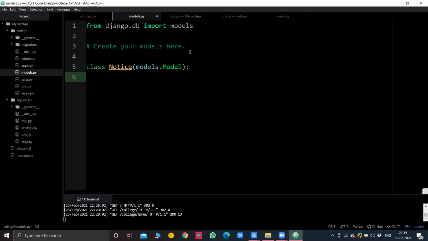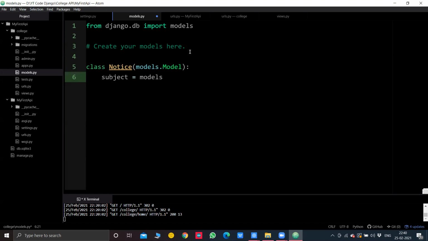Now, whatever your entities are, or you can say the separate columns inside a database table, whatever columns you want inside your database table, they will be formed here. What I want to display in the database table is subject first. What happens next is very easy. So subject equal to models. This is how we define any entity, like you say int i in every language in order to create an integer element.